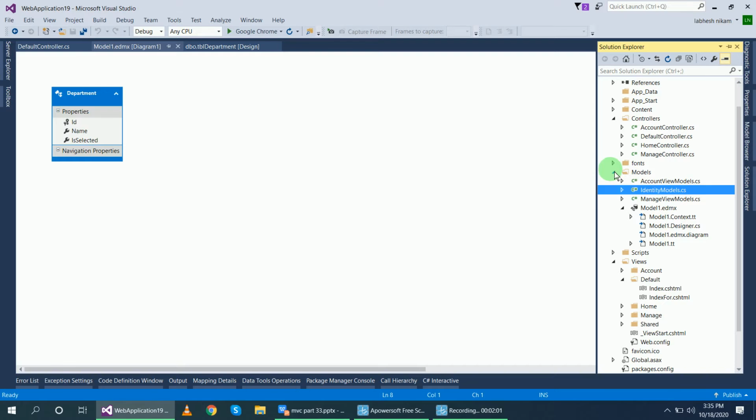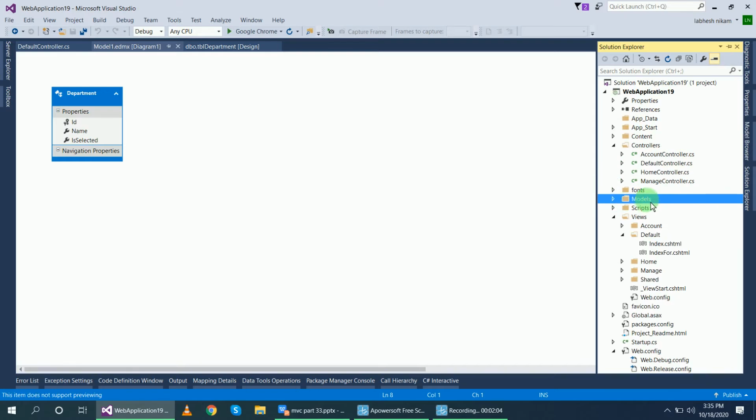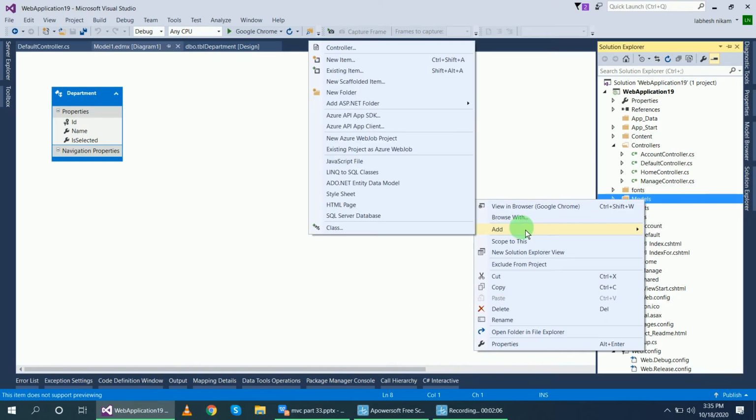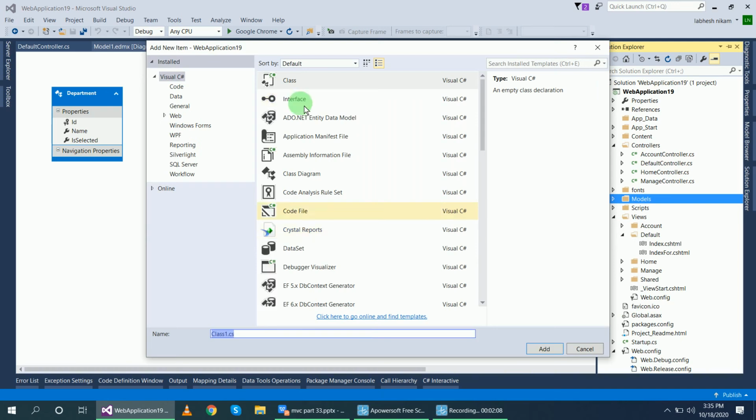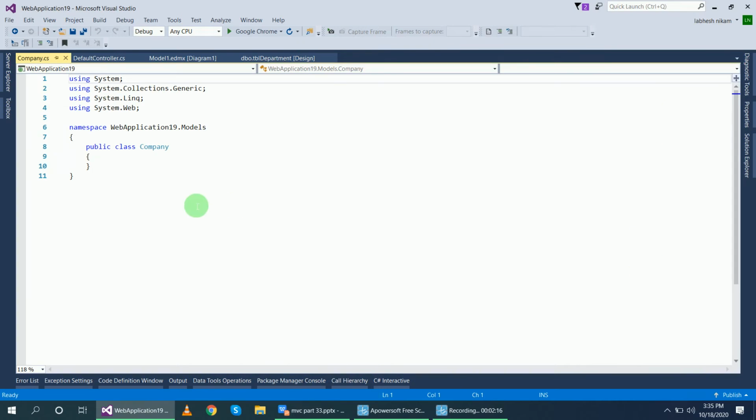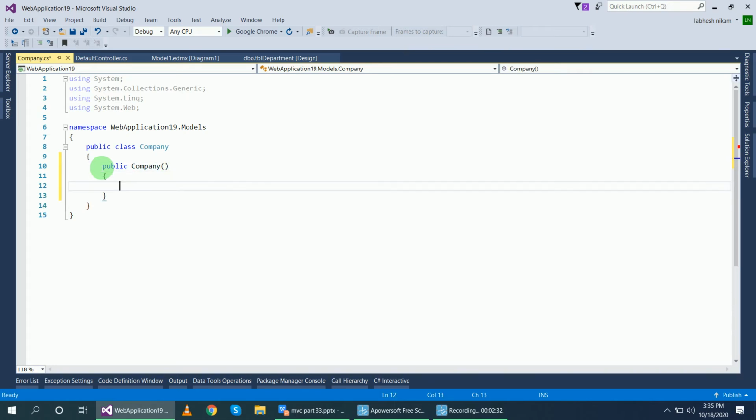We create it inside the Models folder. Right click on the Models folder, add class, and give it the name Company.cs. Now inside this class I will create a constructor for the Company class. So public Company, and a list of departments.